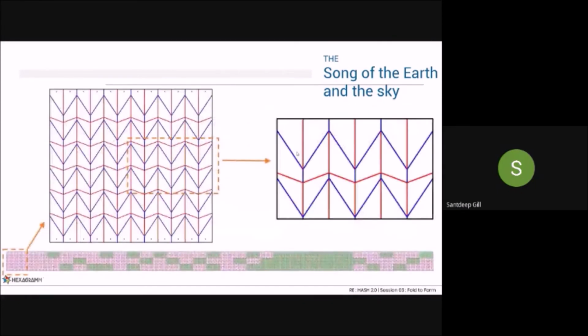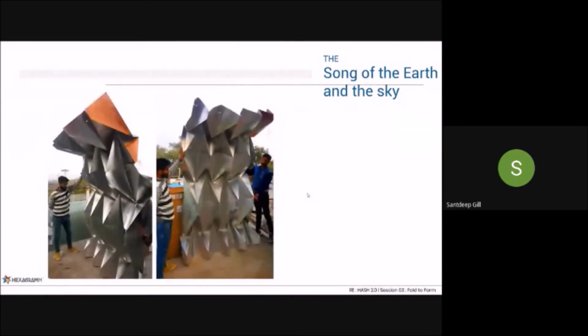The iterations were tried in a pattern of 6 by 6, which was broken down into 6 modules for the purpose of fabrication. While the prototyping was going on, we noticed that the twisting that was required in the form was going to be a challenge with the rigidity of the material.